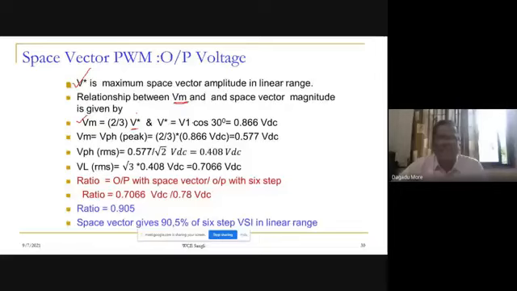And V1 is nothing but VDC. So cos 30 is 0.866. So what we get, VM, that is the peak value of phase voltage, will be equal to 0.866 VDC. And now once we get the VM,